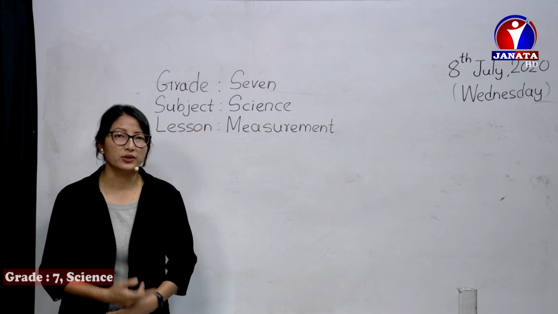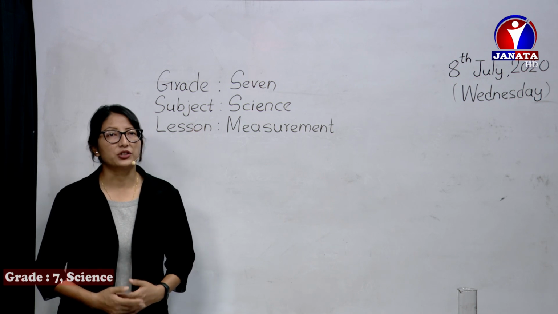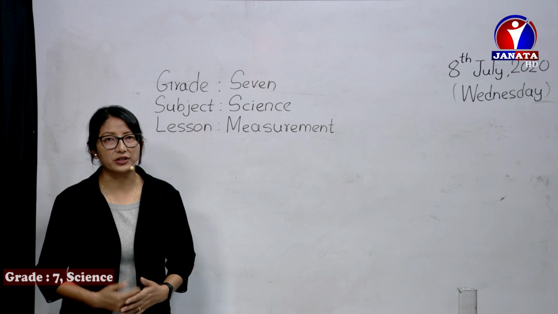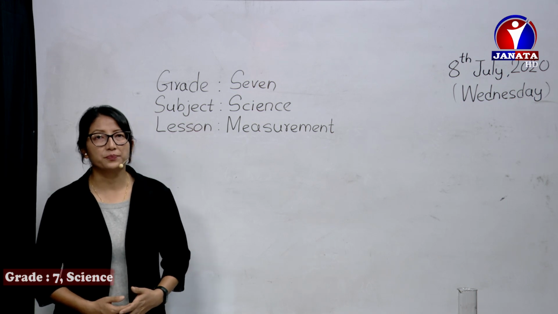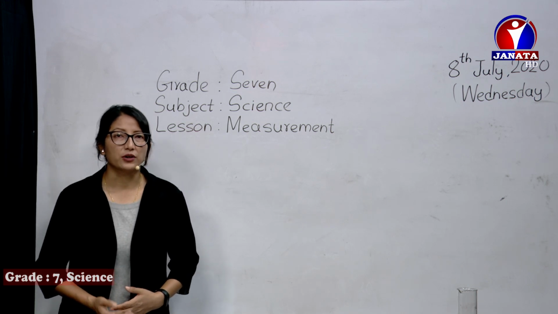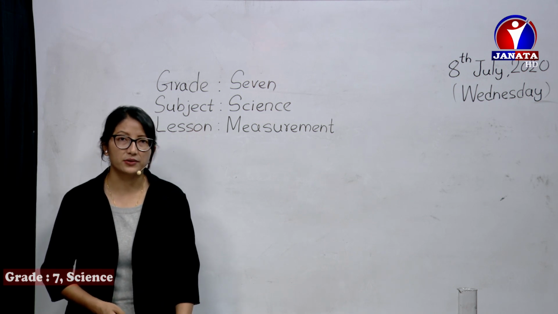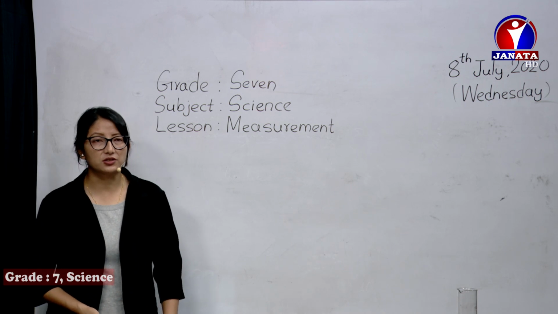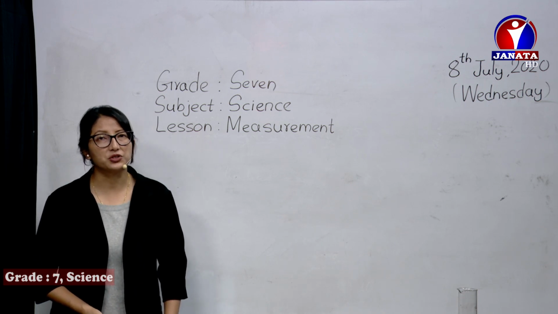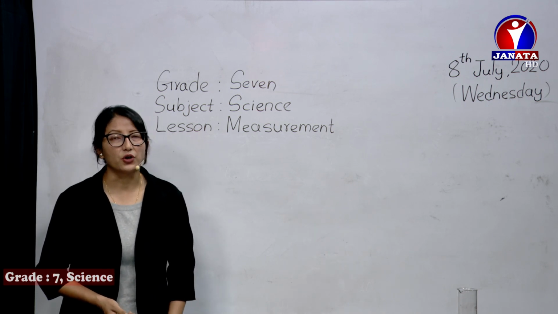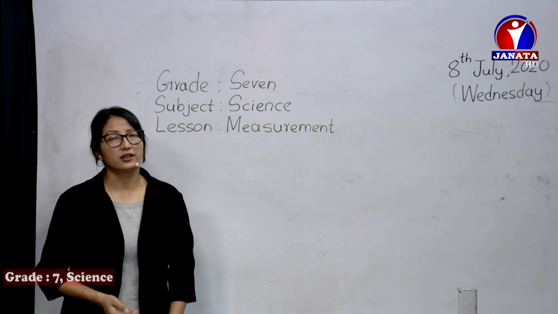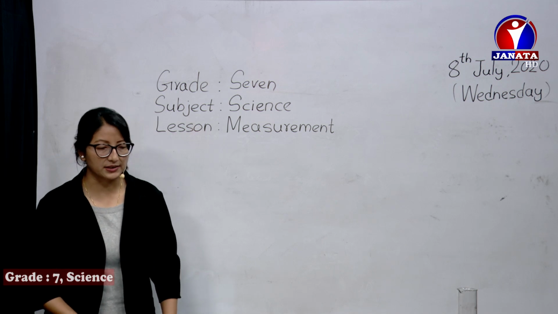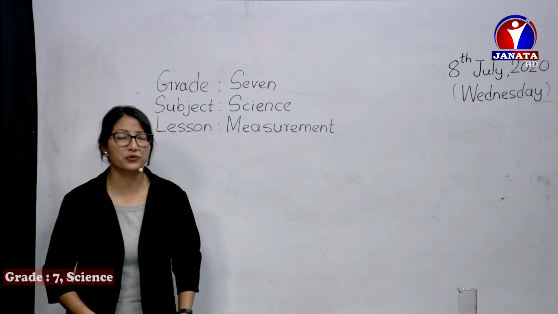In the previous class we calculated the surface area of regular objects, like the area of a rectangle, square, circle, sphere, and so on. And we also learned slightly about irregular objects, along with the measurement of time and mass. Now today the topics left are measurement of the surface area of irregular objects, and the measurement of volume of regular and irregular objects. So let's get started without wasting time.